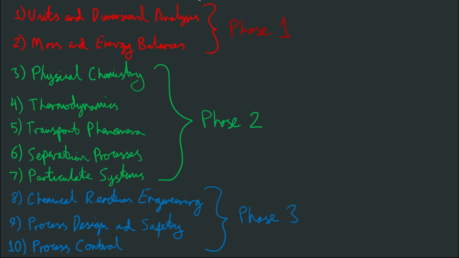And then phase 2 is just the physics and math knowledge that we need to know. I know I said that we're not doing dedicated maths videos, but the maths will be ingrained into the videos itself. And then phase 3 is the actual chemical engineering. We take all that physics and everything we learn, and we combine it into how we actually engineer the chemicals, and then how we put that into processes, and that will be it.